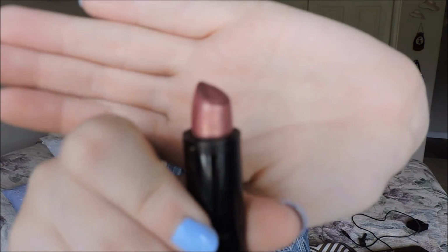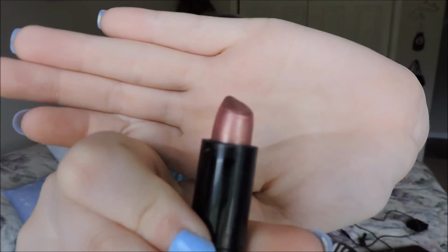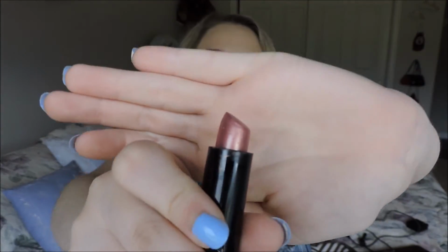I also brought a small collection of Wet n Wild lipsticks. This first one is really, really interesting. It's in the shade Dark Pink Frost, and it's their cream lipstick formula. It's really cool because it's this rosy pink, but it has a gold shift. The camera's probably not going to pick that up, but because of the shift on the lips, especially when you're in the sun, it looks legitimately rose gold, and